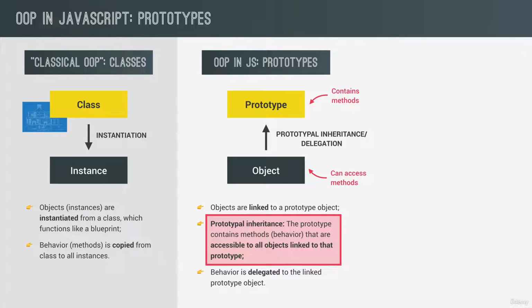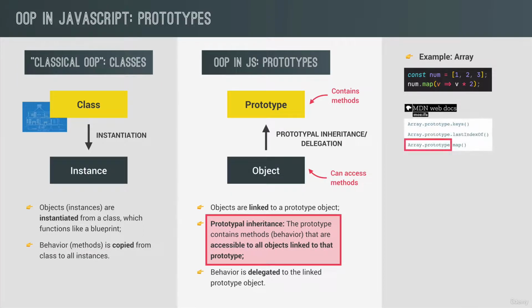So after you have actually seen how they work in practice, I'm sure that all this will make 100% sense to you. But anyway, we have actually already seen this mechanism in action many times before, but without knowing that it was happening. For example, each time that we use an array method like map, we are able to use that method because of prototypal inheritance. So when you go to MDN to check the documentation for any array method, what you will see there is that it's actually called